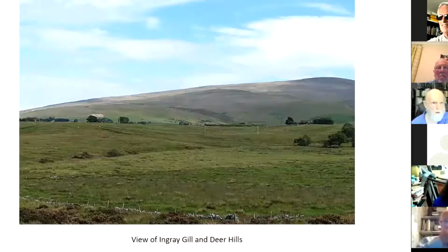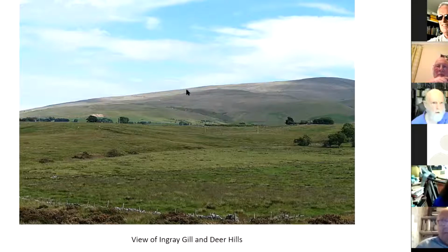Again, this is High Pike up on the side, Low Pike. There's mines and little outcrops and trials in the middle of this. Over this side is Sandbed, and Pottsgill runs up here. This is Ingrey Gill. I've only ever found that there was a mine somewhere in this area up on Ingrey Gill,